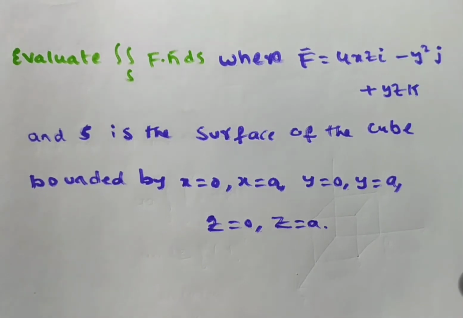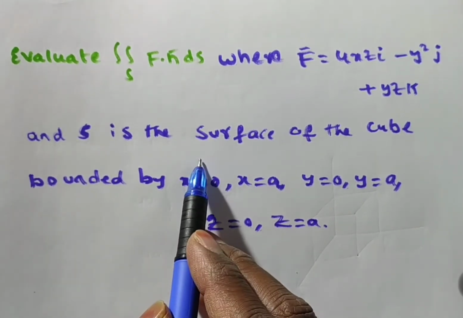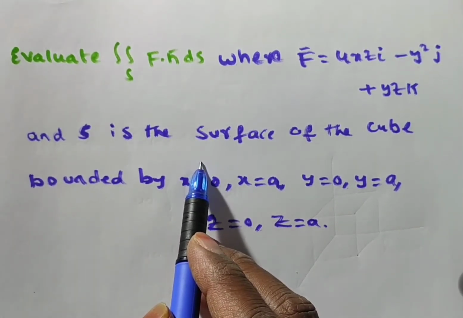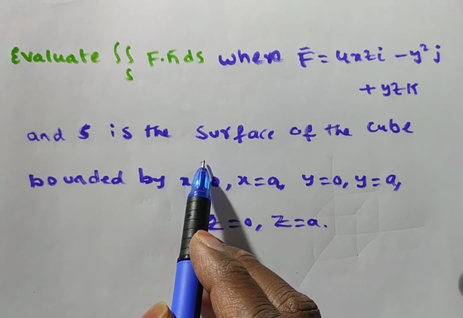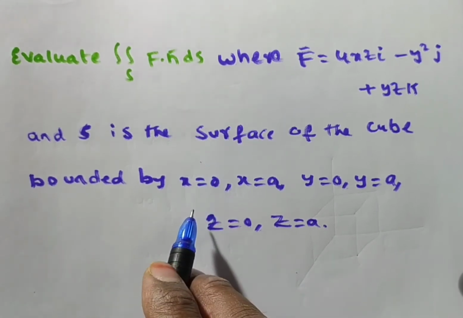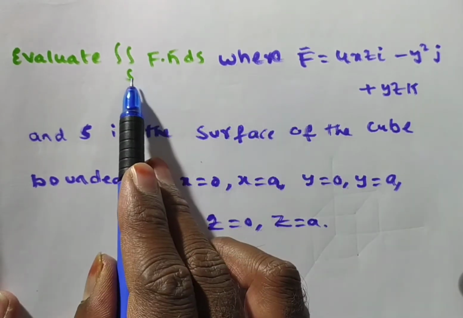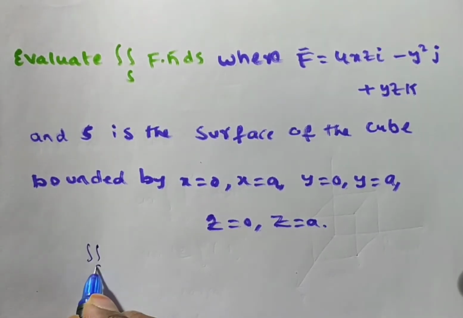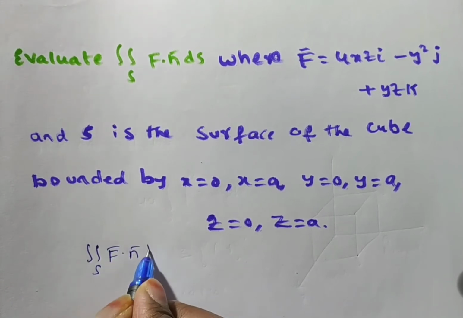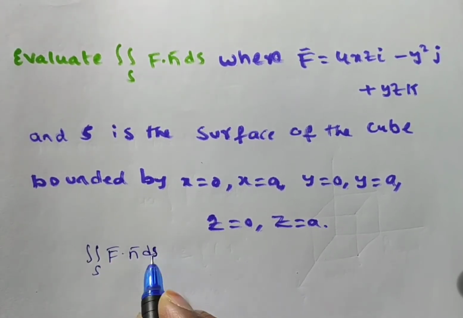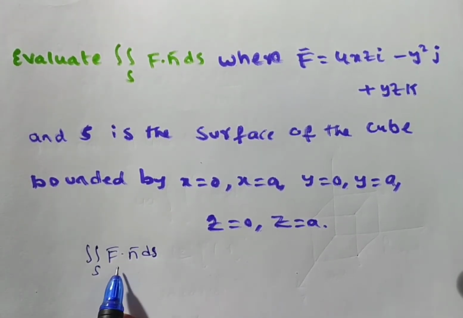You see, friends, a surface integral is nothing but an evaluation along the surface. Any surface integration, right? Now here we have to evaluate the double integral over S of F bar dot n bar dS. If we want to evaluate this, first we have to know all the values.